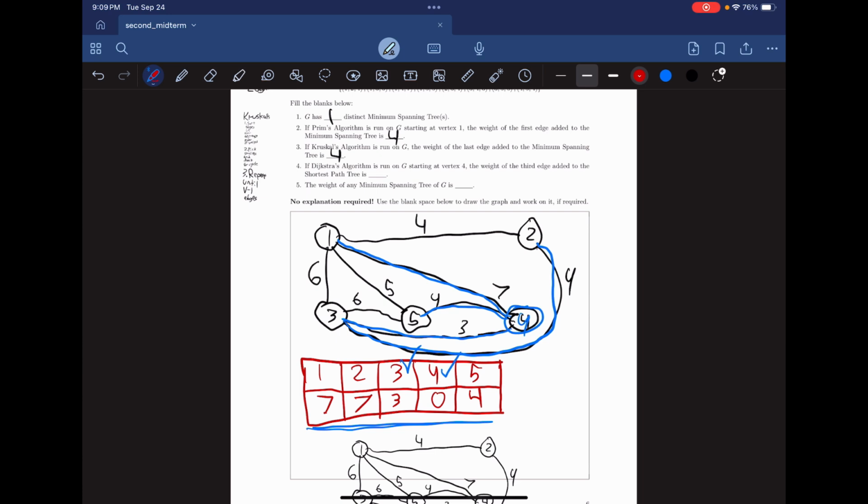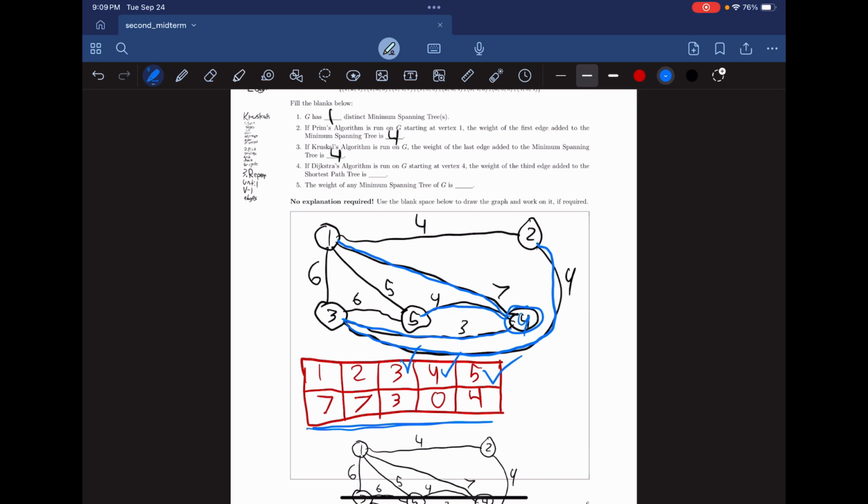All right. We're going to keep going. So we then go to the next closest unvisited vertex. If we look at our table, the other unvisited vertices are vertex 1 with distance 7, vertex 2 with distance 7, and vertex 5 with distance 4. So we can go ahead and go to vertex 5 and visit that one. Vertex 5 has